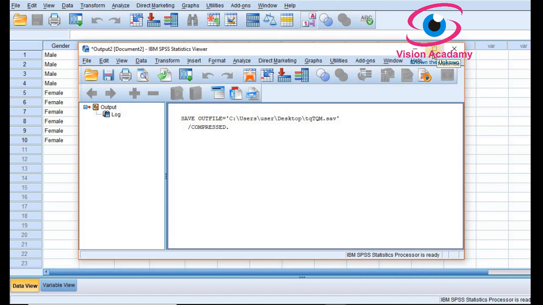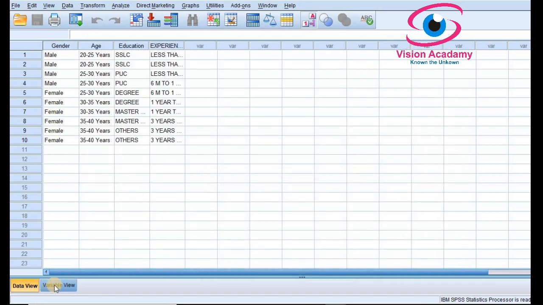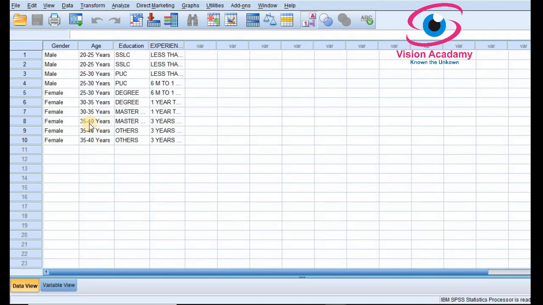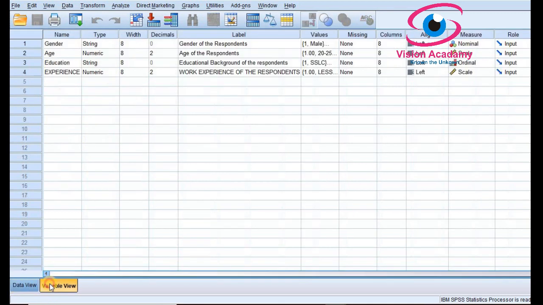So this is how I have shown you entering data in the variable view and entering data in the data view. If I want to sum up, firstly you have to be ready with your questionnaire with the responses, and you should be very careful while selecting the type of variable and measures. These are very important. Based on this, the type of statistics you are going to apply will be determined.